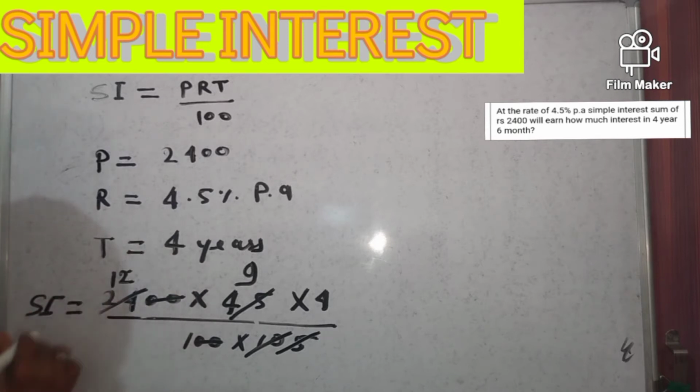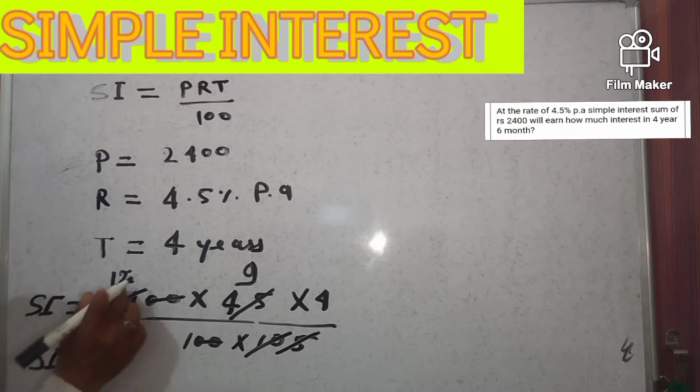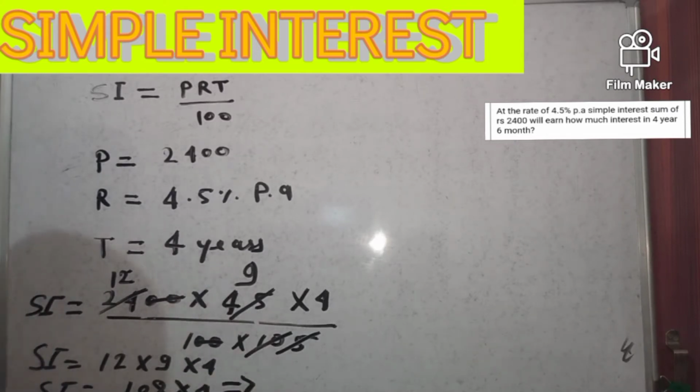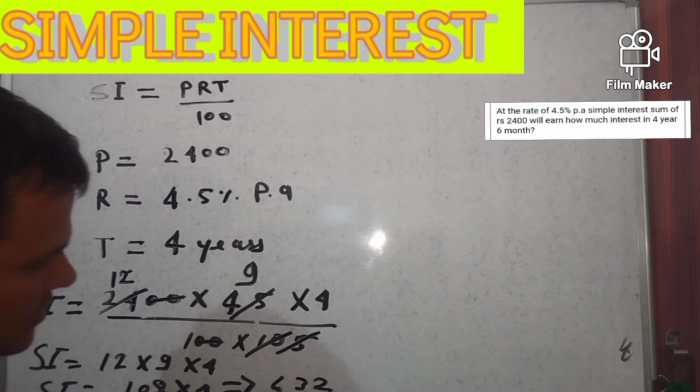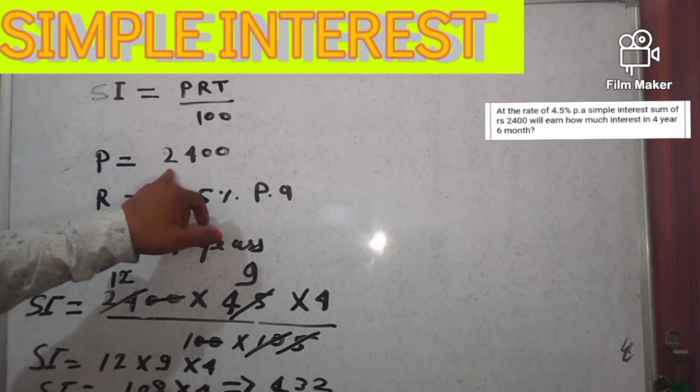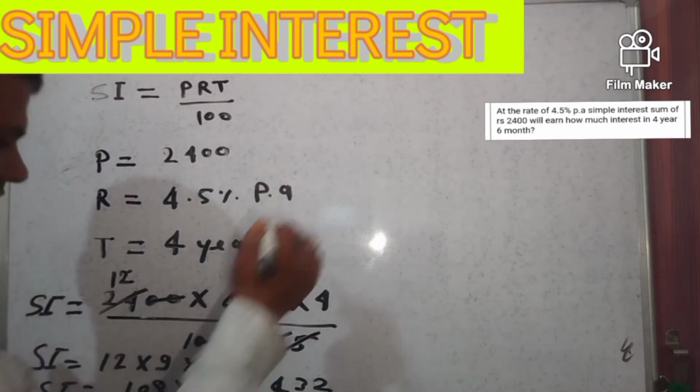So simple interest will be 12 into 9 into 4. So simple interest is equal to 9 2 ja 18, remaining 1, 9 1 ja 9 and 0 into 4. So I think 4 8 ja 32 and 0, so 3, 4 1 ja 4. So simple interest is 432 of 2400 principal, right? So our answer is